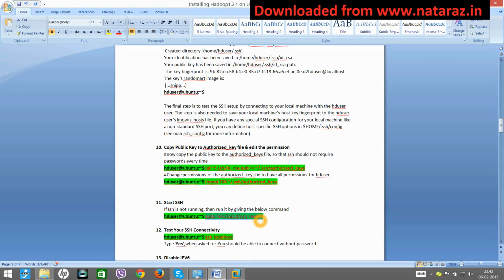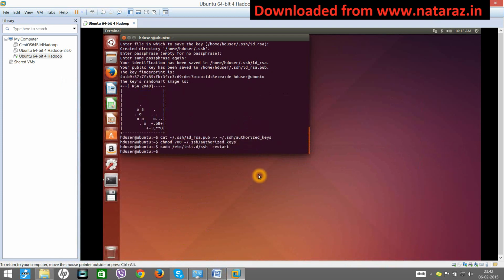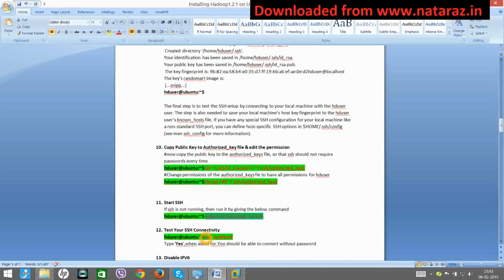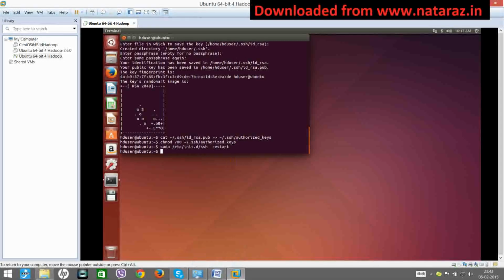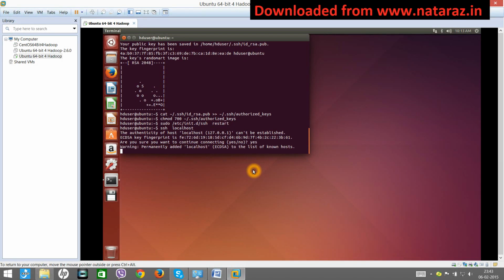Next, after that you start your SSH server. Just now we had installed SSH, you just start your SSH server. After that you try to test your SSH. You say ssh localhost. Say yes, enter.